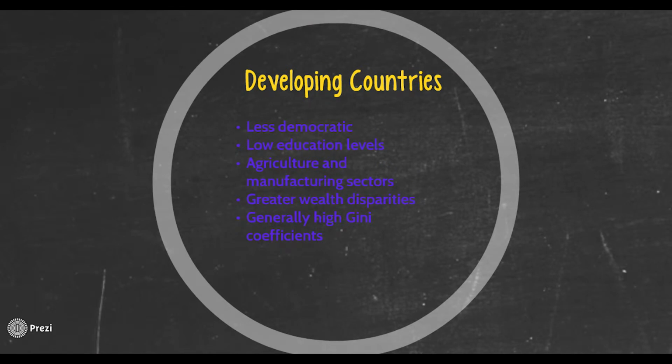Meanwhile, developing countries are often less democratic and have an agricultural economy, lowering the educational levels, and the political power of the country lies in the hands of the few rather than the many. Consequently, the levels of corruption increase, resulting in more income inequality as the majority is stuck in the agricultural or manufacturing sectors that are not profitable.